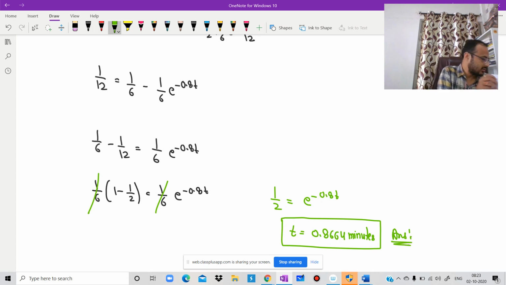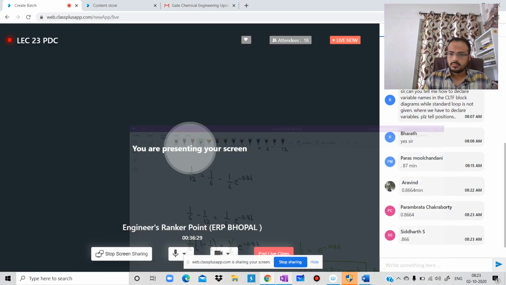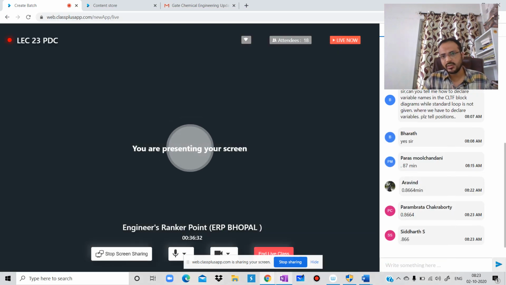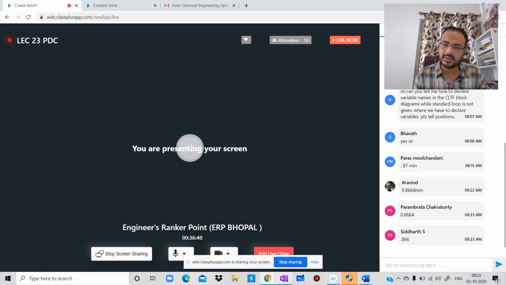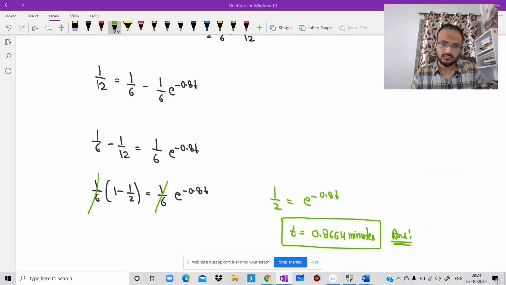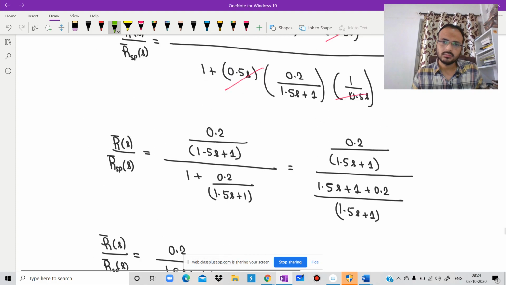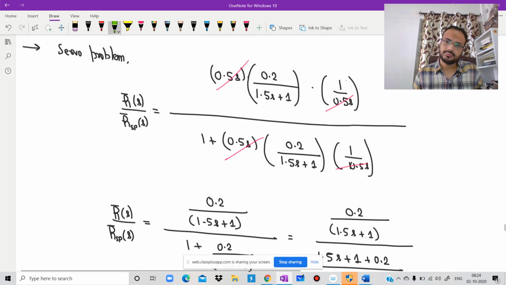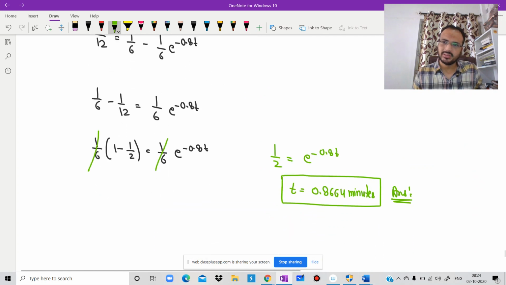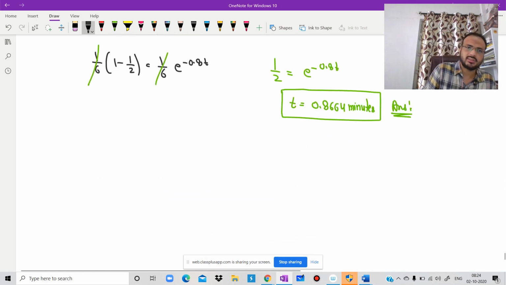This question was a very nice question. It should be clear to each and every student. Very good, so many students solved. But you need to think like that. That's why it is very difficult to get a good rank in the exam. Write down the next question. As per my promise, in this week CLTF will be finished.